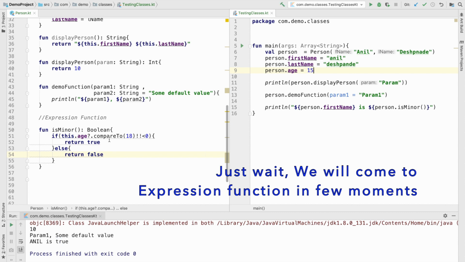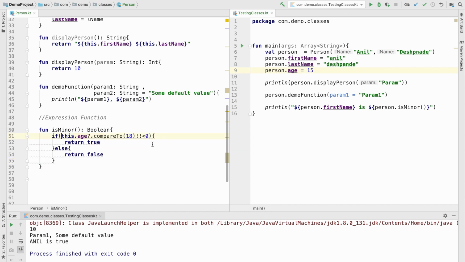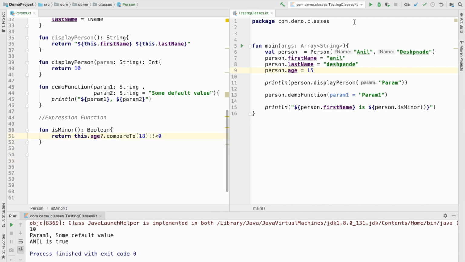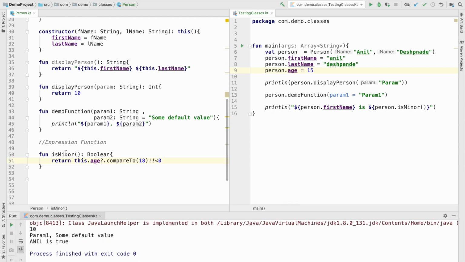Now, this body of the function looks pretty long. Instead of doing all this, which is redundant, I can simply return the expression, and this would still give me the same result. But this is not it. Instead of writing a body and returning an expression, I can just assign the expression itself to the function.